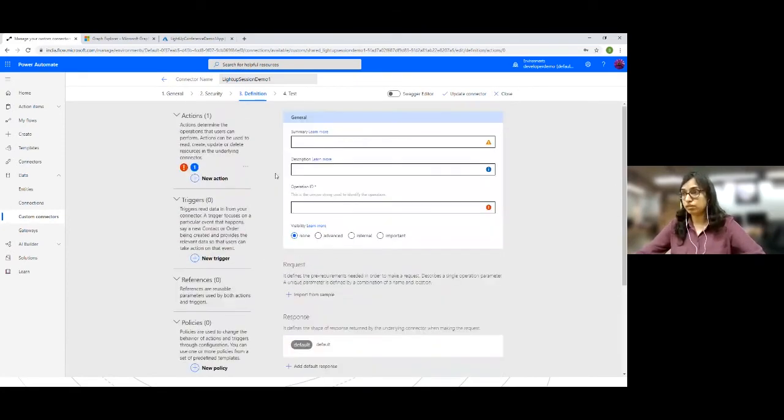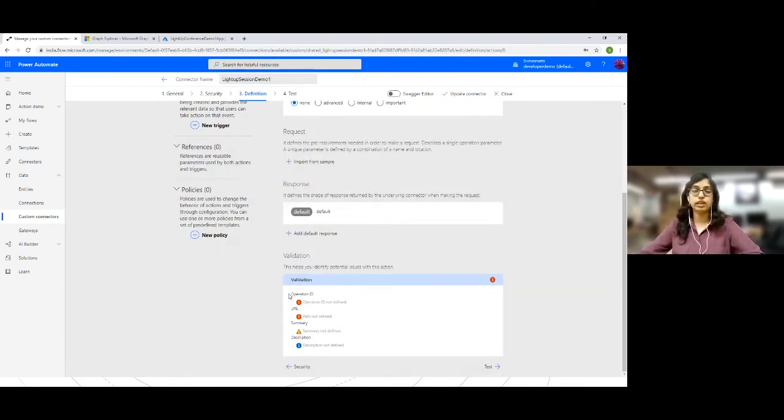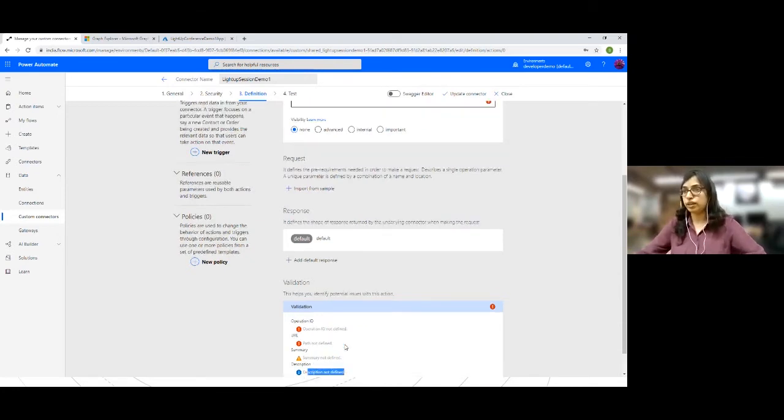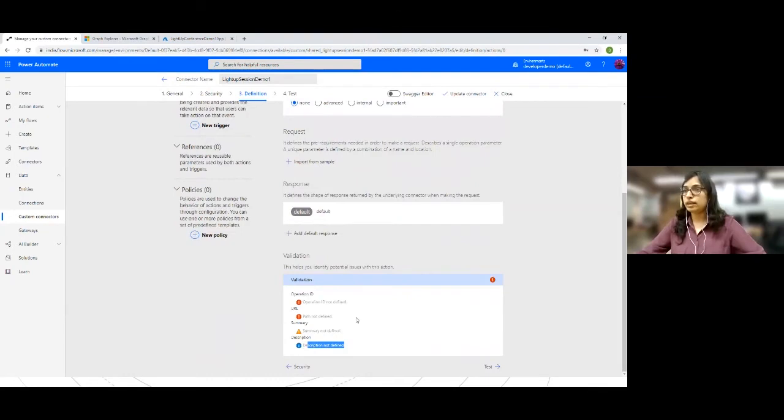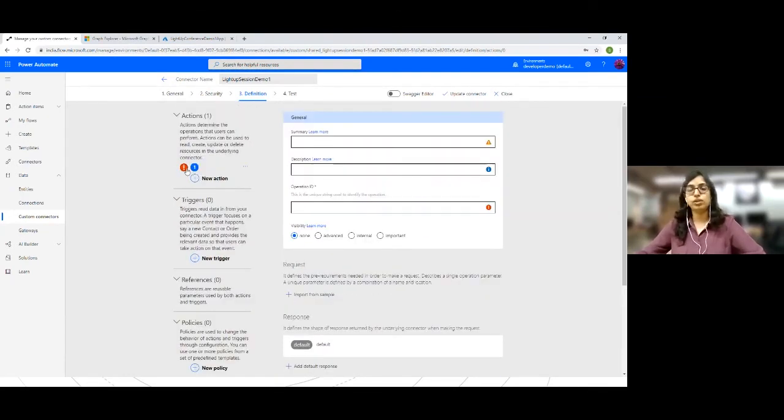As I haven't configured anything yet for this new action, the validation section is showing me errors: I have not defined the operation ID, the path, the summary, and the description is also not defined. That is why the errors are here, and that is why the red icon is here. This will go away as we go on configuring our action.